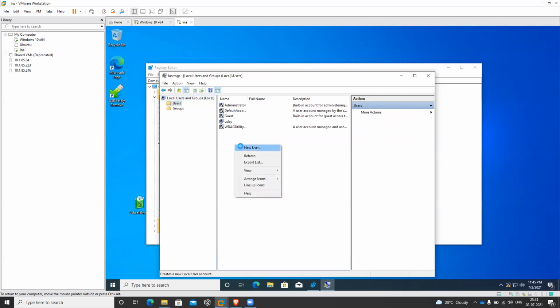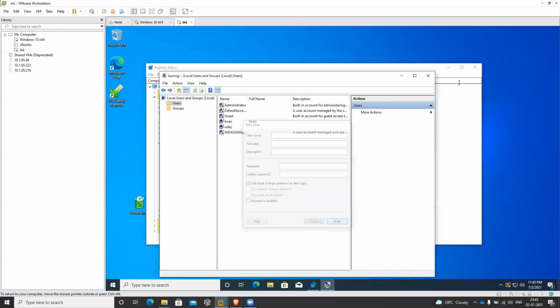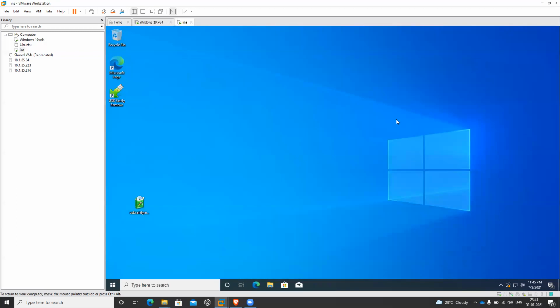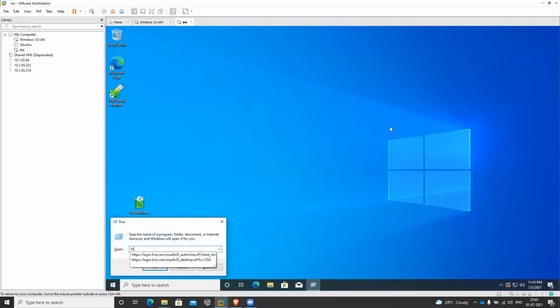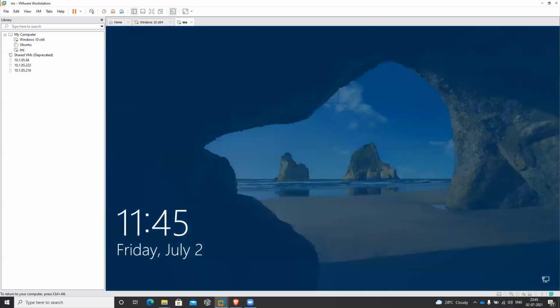Users, let's say, with password never expires. Just check that we have a 21 days trial period in one user.